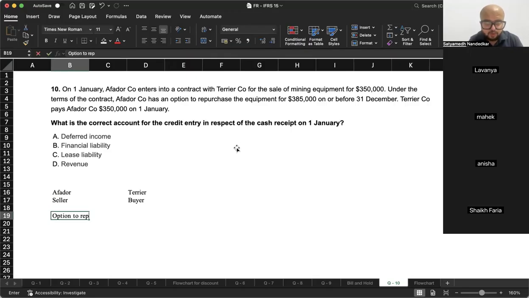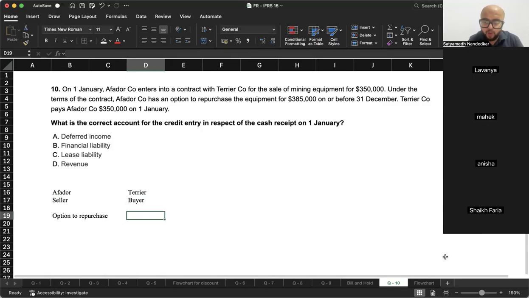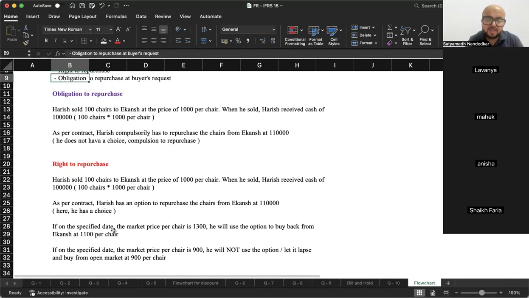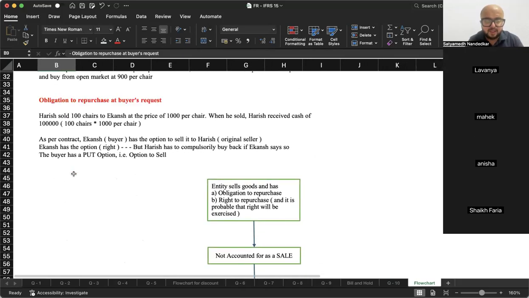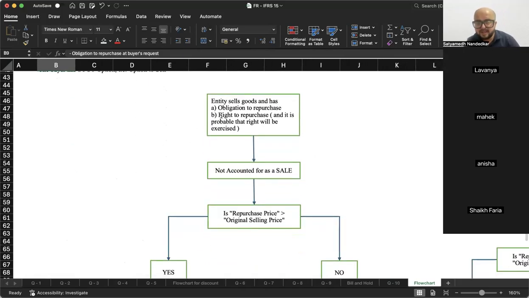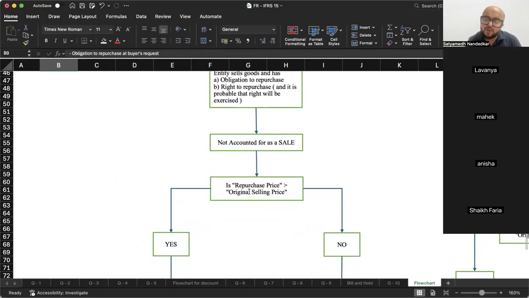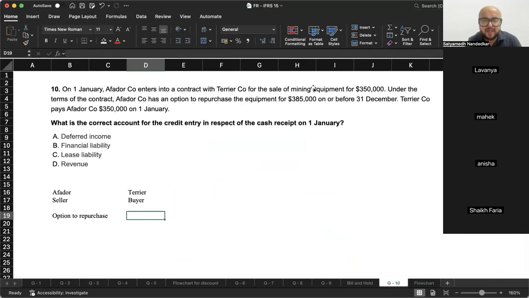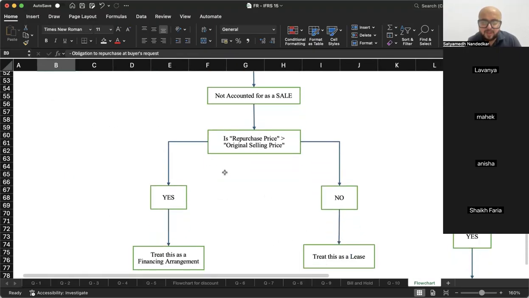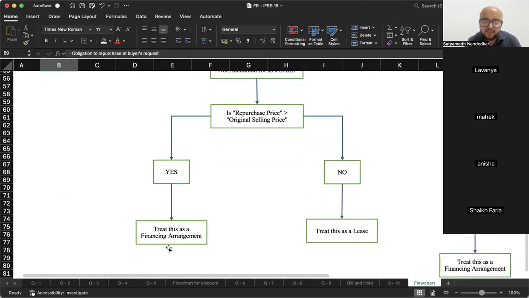There is option to repurchase. ऑप्शन टू रीपरचेस है, ऑब्लिगेशन टू रीपरचेस नहीं है, राइट मतलब ऑप्शन टू रीपरचेस है। ठीक है, अब एंटिटी सेल्स गुड्स एंड हैज ऑब्लिगेशन टू रीपरचेस या फिर राइट टू रीपरचेस, मतलब ऑप्शन टू रीपरचेस, खरीदना है तो खरीदो वरना डोंट। देन नॉट अकाउंटेड फॉर एज अ सेल, इज रीपरचेस प्राइस ग्रेटर देन ओरिजिनल सेलिंग प्राइस? रीपरचेस प्राइस है 3,85,000, ओरिजिनल सेलिंग प्राइस है 3,50,000। इज रीपरचेस प्राइस ग्रेटर देन ओरिजिनल सेलिंग प्राइस? यस, ट्रीट दिस एज अ फाइनेंसिंग अरेंजमेंट।